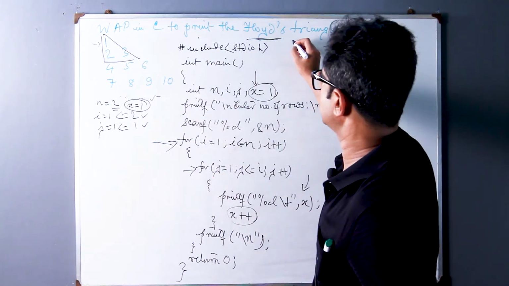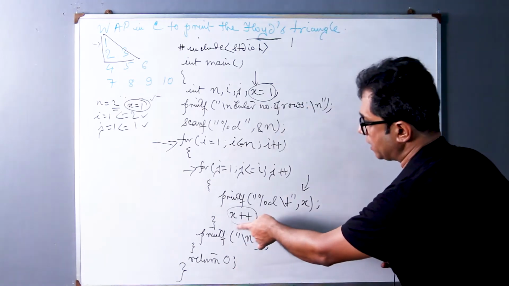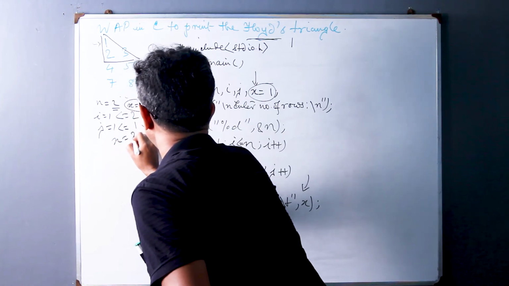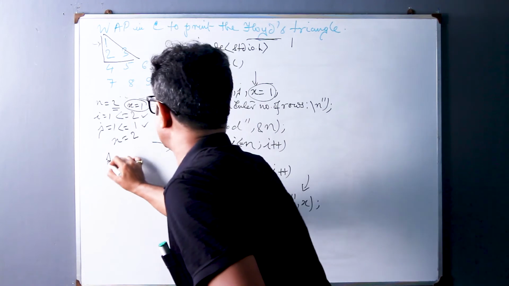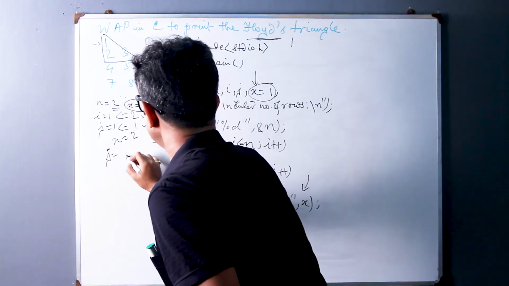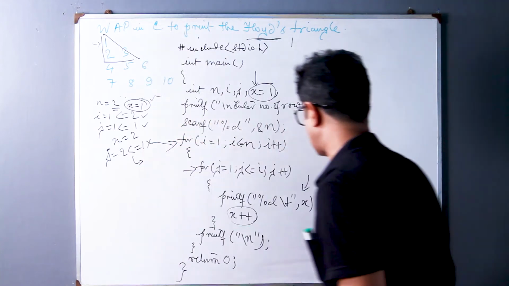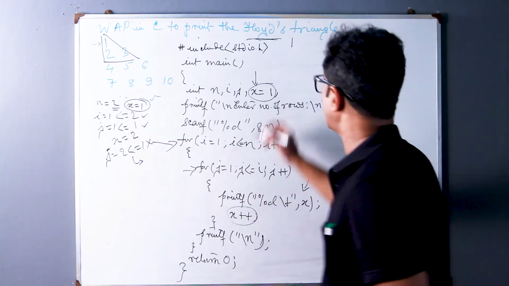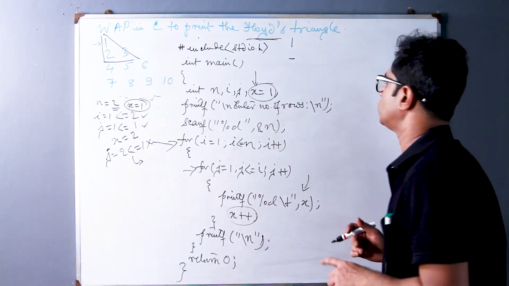So let us print 1 over here, and then x becomes 2. So x now becomes 2, and now see j plus plus, j plus plus means j is equal to 2, less than or equal to 1? No, the condition is not satisfied. We go out of the innermost loop and come to the next line, printf new line. The new line comes like this, the cursor comes to the new line and blinks over there to print the